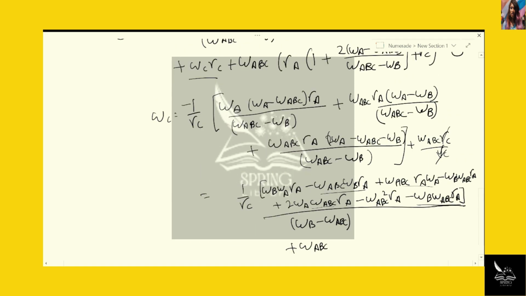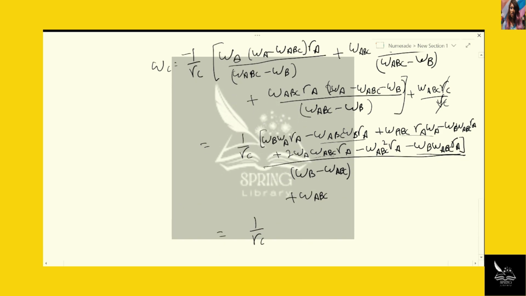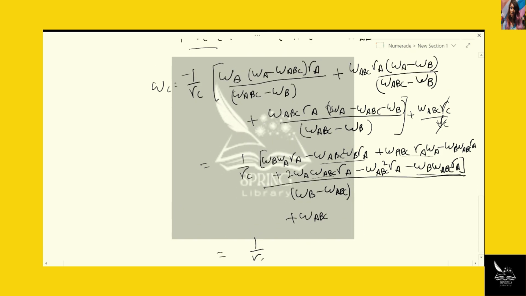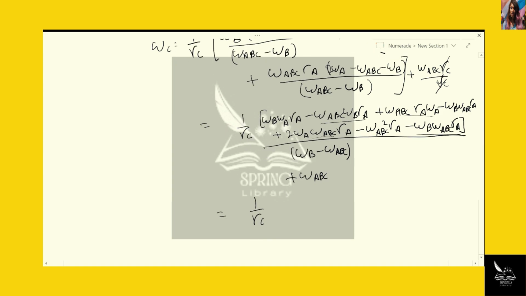Was there a minus I missed? Because it would be so much easier if I could cancel these rather than them getting added. Then I have minus omega B omega ABC RA, minus omega B omega ABC RA, minus omega ABC omega B RA. Oh, maybe they don't cancel. So yeah, I think it's fine. So we get additions of all of this. So we get 3 times